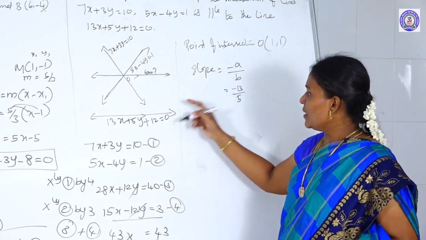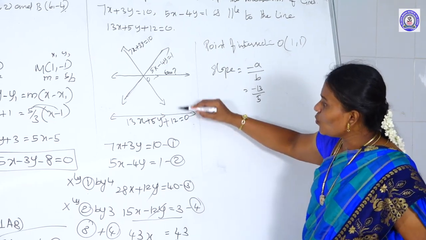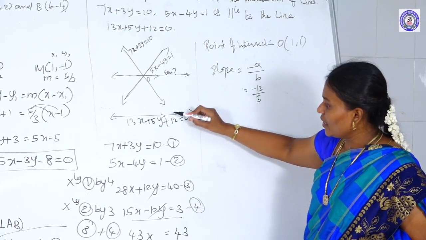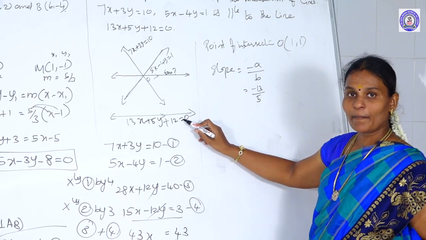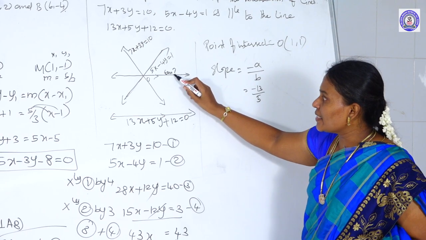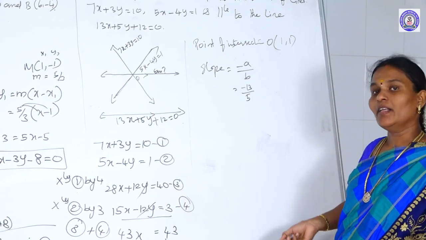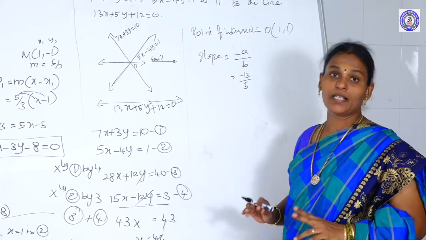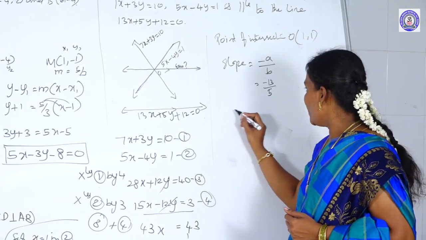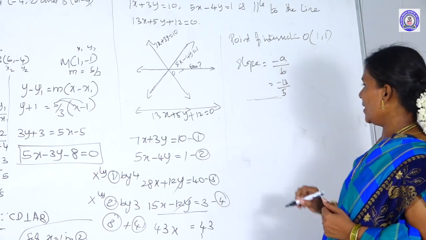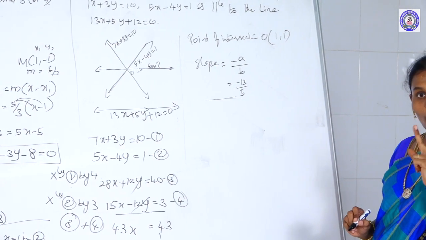Okay. So this is the slope of this line. These two are parallel, no? So the slope of this line is minus 13 by 5, which means this line's slope is also the same because the two are parallel. If two lines are parallel, the slopes are also equal. So the line's slope is the same, minus 13 by 5. Now you know the two clues: one point and the slope.